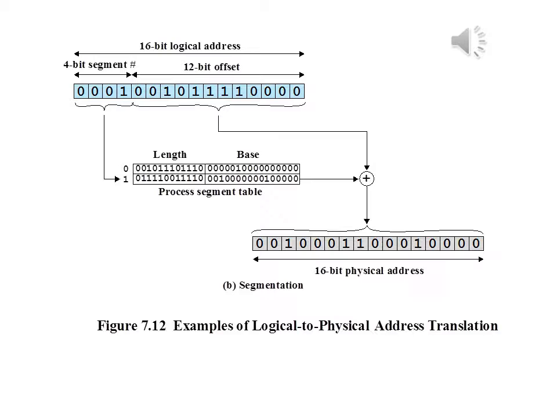To summarize, with simple segmentation, a process is divided into a number of segments that need not be of equal size. When the process is brought in, all of its segments are loaded into available regions of memory, and a segment table is set